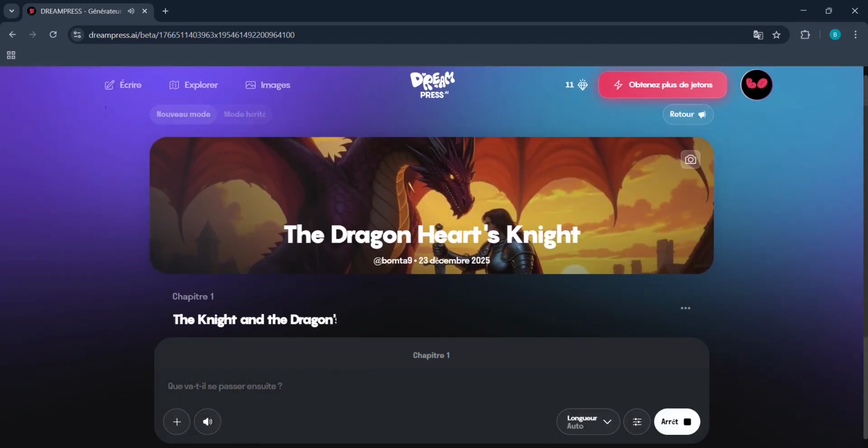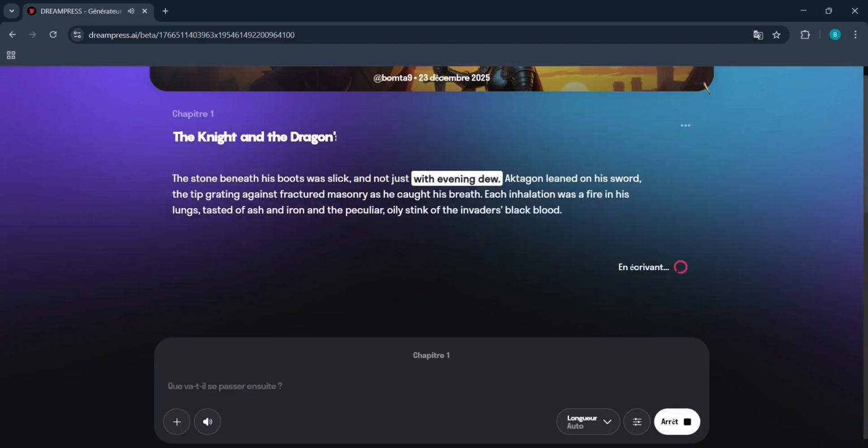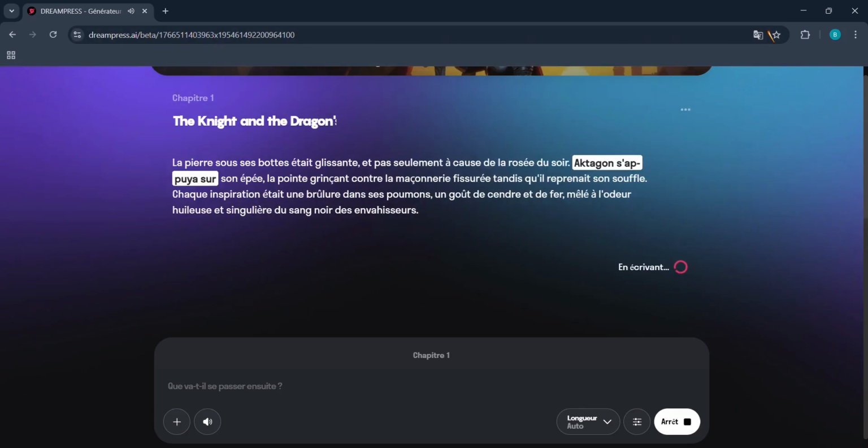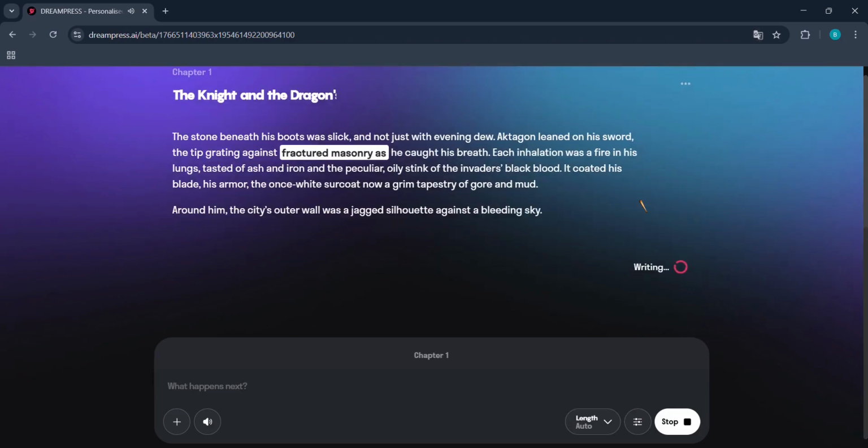The stone beneath his boots was slick, and not just with evening dew. Actagon leaned on his sword, the tip grating against fractured masonry.